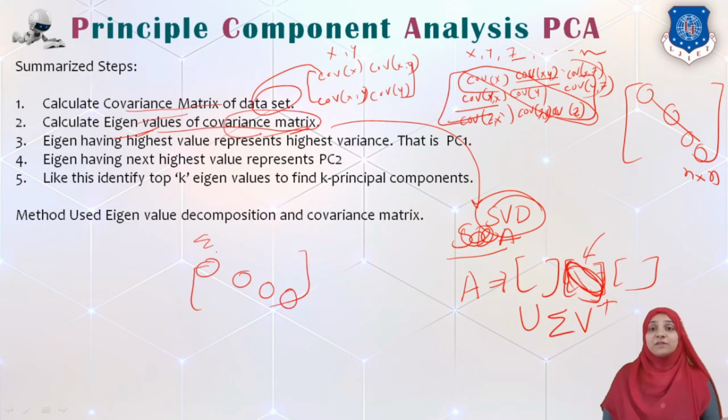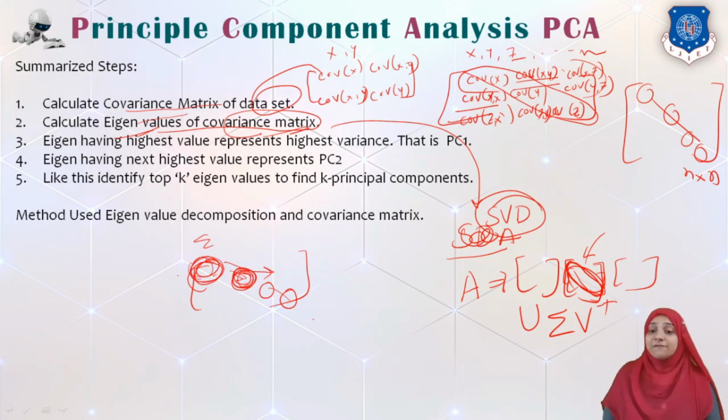It is a property of this matrix that whatever value we get in the first diagonal position has the highest variance. That means most of the information is contained in this first principal component. This will be our principal component 2. That means this value will always be lesser than the first one and greater than the later values. So this is the characteristic of how they are produced. All these values will be in descending order.